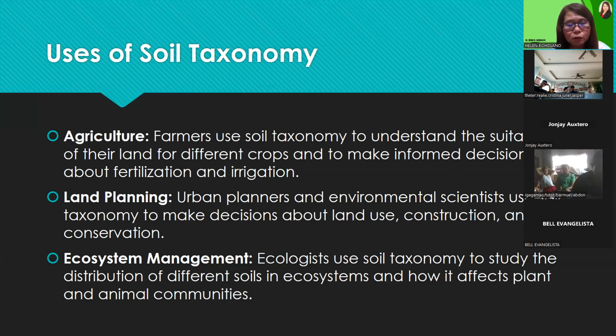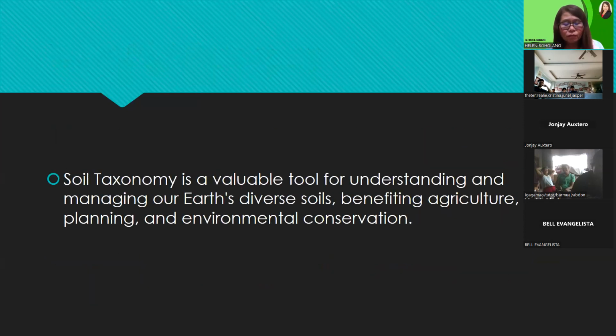Then ecosystem management. Ecologists use soil taxonomy to study the distribution of different soils in ecosystem and how it affects the plant production and plant growth. No? So these are the uses of soil based on the different people or group. Therefore, soil taxonomy is a valuable tool for understanding and managing our Earth diverse soils, benefiting agriculture, land planning, and